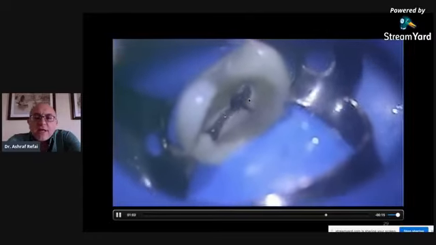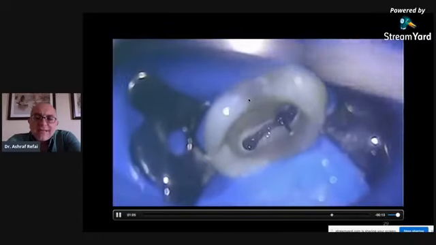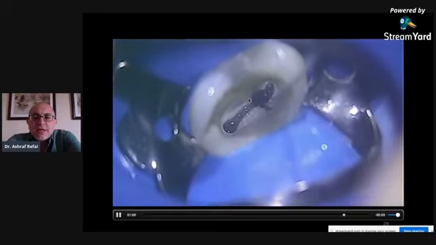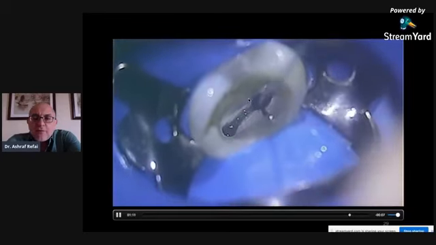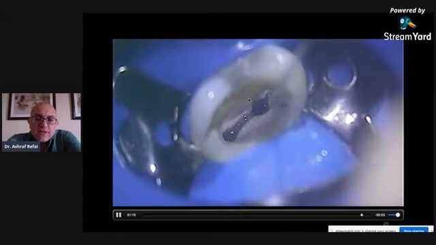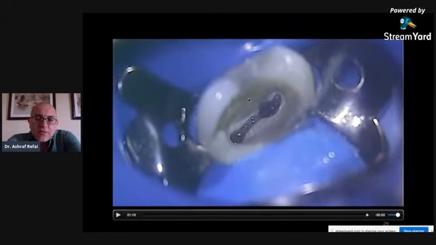Now, I would say 95% of the time, if I did that, I would probably push the instrument back into the canal. So it would seem very logical for you never to do this. This is a situation you should never try at home. It is very risky to try and remove that, because I've had experiences where I've actually pushed the instrument back into the apical area, and it made my life much harder when I had to either bypass or remove. So in the case of a bypass, be happy that you bypassed. Don't try to do anything else.